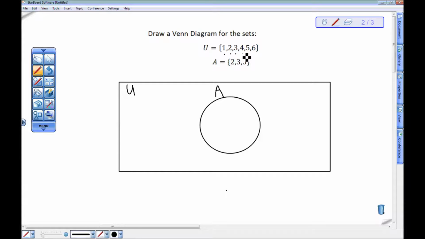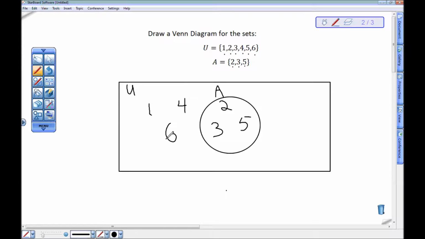So I need to put in there 1, 2, 3, 4, 5, 6. But then also I want this Venn diagram to represent the set A, and it should have these elements 2, 3, and 5 in it. So I'm going to start there. And in general, when you're working with a Venn diagram, you always want to start in the middle or in the most restrictive place. So 2, 3, and 5 belong inside of that universal set and also inside of A. So I put them in the circle for A. Now I just need to ask myself, what don't I have up here yet? I've got 2, 3, and 5, but I still need 1 somewhere. I need 4 somewhere, and I need 6 somewhere.